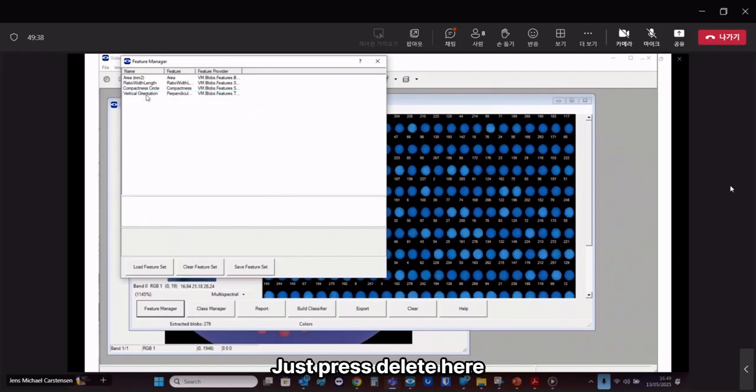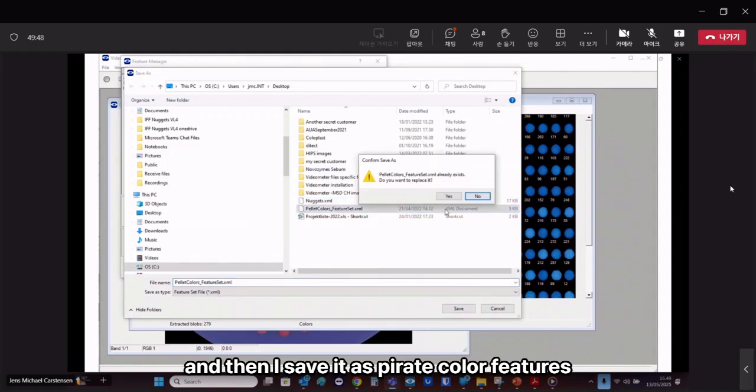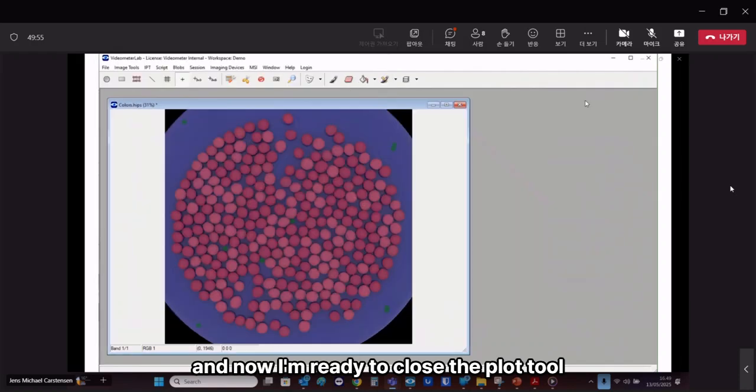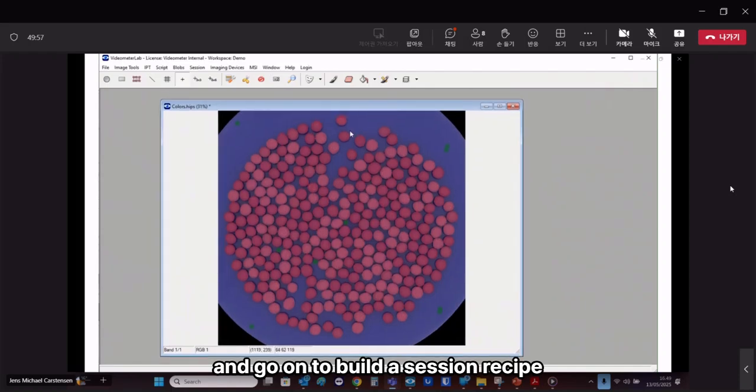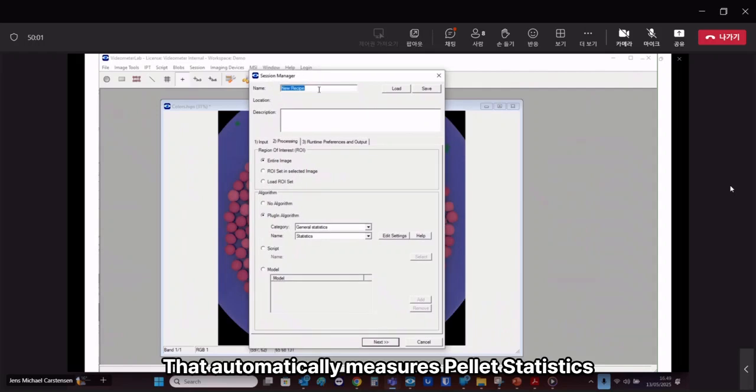Just press delete here. So I have 3 features that I'm interested in about these pellets. I choose Save Feature Set, and then I save it as Pellet Color Features. And now I'm ready to close the blob tool and go on to build a session recipe that automatically measures